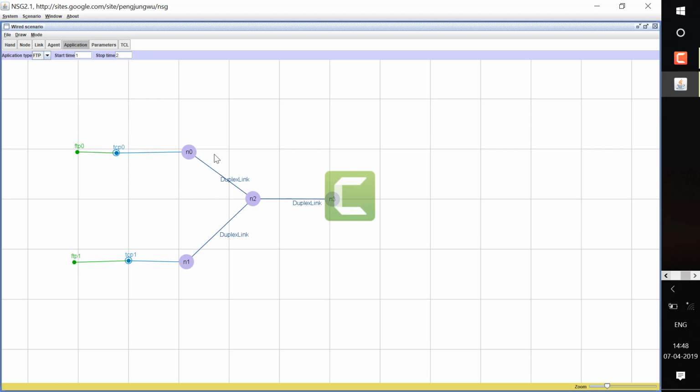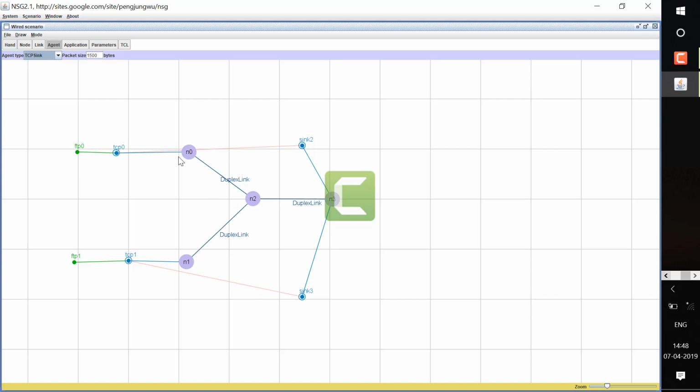Now node N0 becomes a source, and node N1 becomes a second source. Now I want to make a destination node. In order to make a destination node, you need to use a TCP sink. 2 sources, 2 sinks we need to use. Then connect this TCP agent to the TCP sink, from here to here. This is the first experiment network that we have done using NSG 2.1.